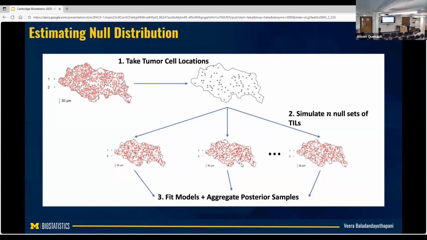The point being it captures the uncertainty, but at the same time you can determine, on a probability scale, how close to 1, which means higher tumor immune infiltration, versus not. Did you have a question?